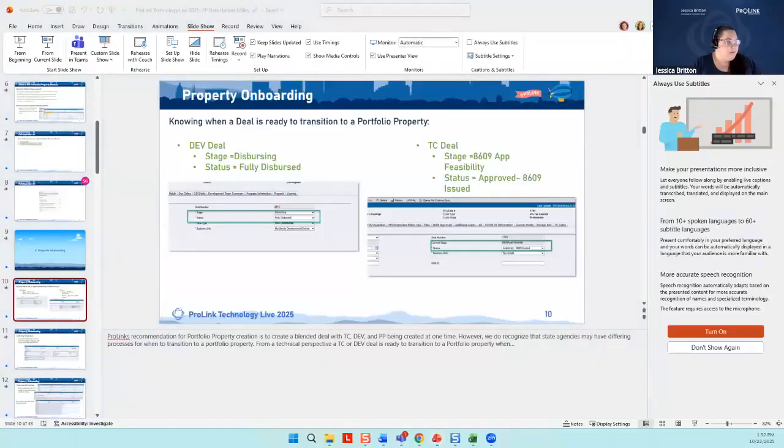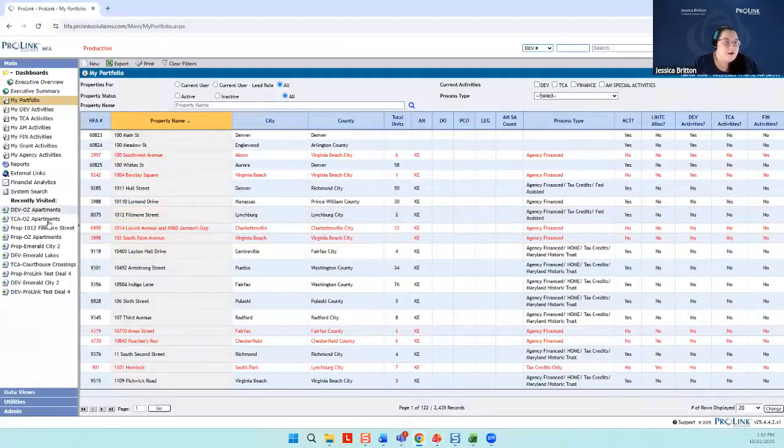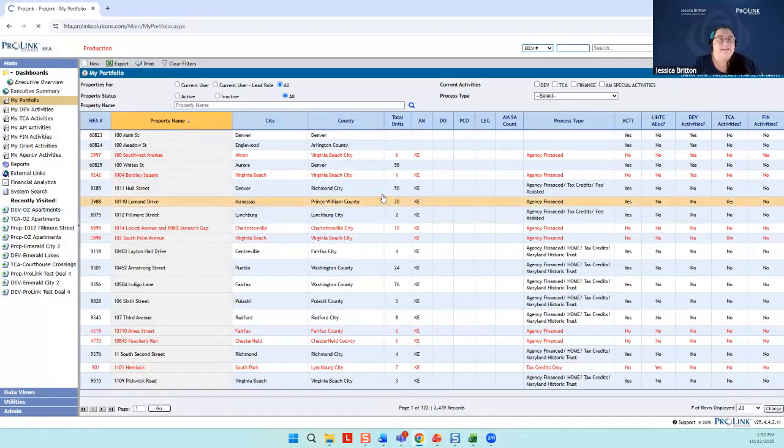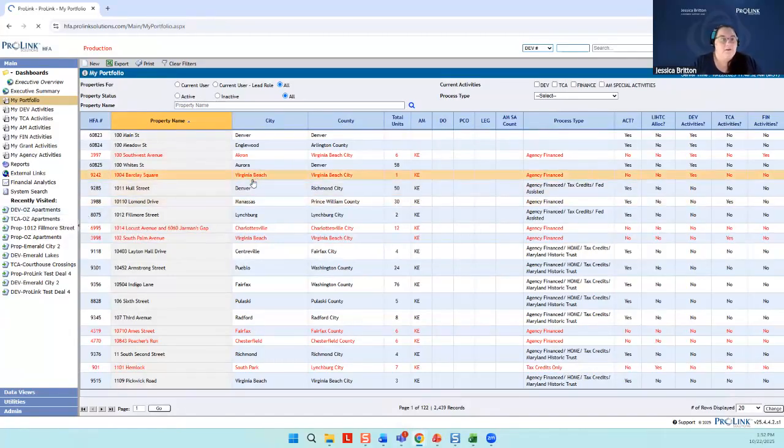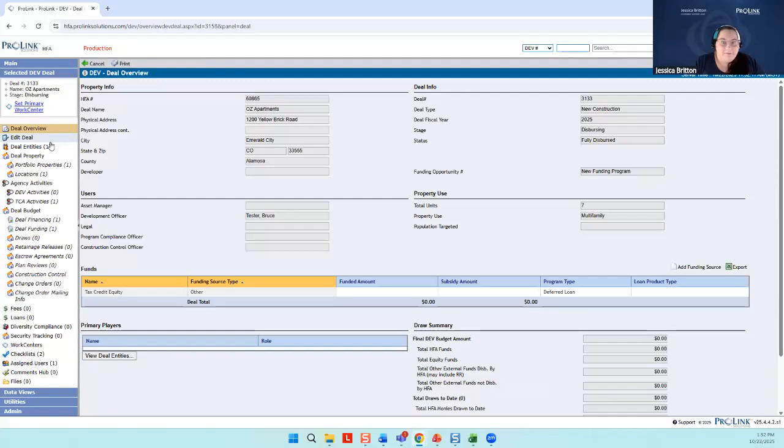where that would be. I've gone ahead and created both a dev and a TC deal here, titled Oz Apartments. And I may be the only person that's super excited for the upcoming Wicked movie, but okay, so from your edit deal, and this is on a dev deal,